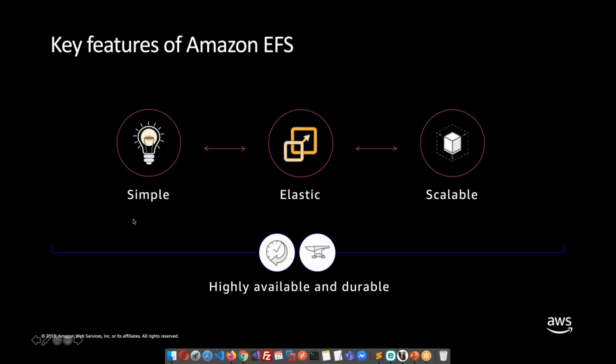AWS automatically manages the EFS for you. So in terms of backup, availability, and durability, your files on the EFS volume are actually replicated across AWS availability zones. So what is an availability zone? Basically, it's a group of data centers within a region. A region is a geographic location of your data centers. For example,